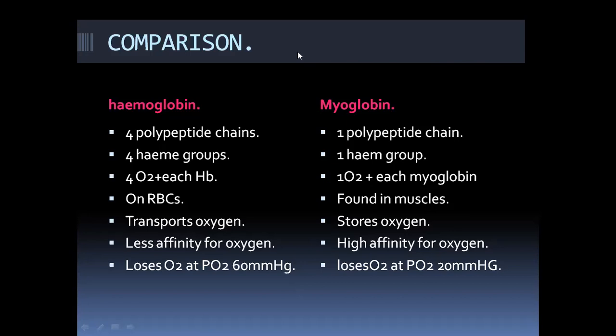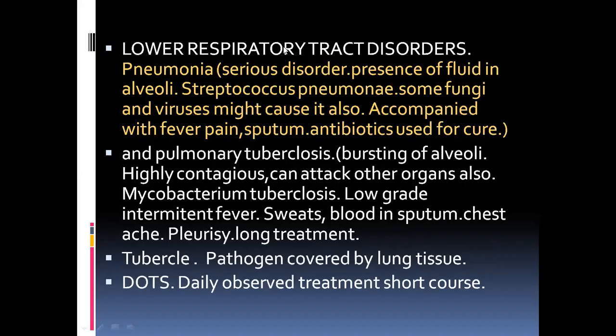I told you in the previous slide that deep sea diving animals, they have a large amount of myoglobin present in the muscles because they have to use that oxygen. Then hemoglobin has a less affinity for oxygen and myoglobin has a high affinity for oxygen. Then hemoglobin can lose oxygen at just a little lower oxygen pressure, and myoglobin holds oxygen for very long time, up to 20 millimeter mercury. Even then myoglobin is holding oxygen. The next topic that we will be discussing is